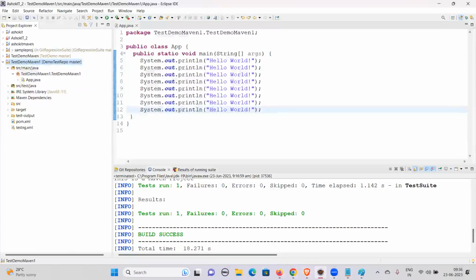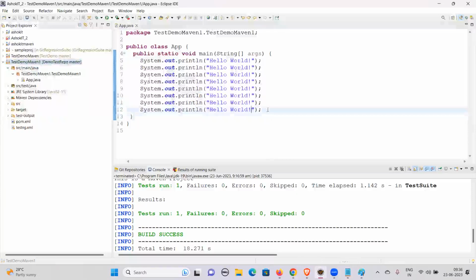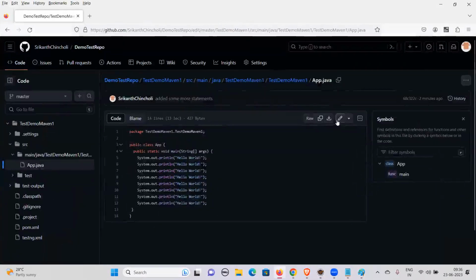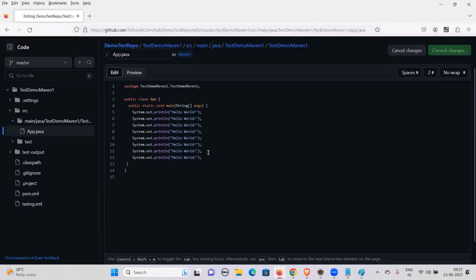Now let us take the person who is sitting in the US. He made some changes and he pushed these changes. I want those changes. For example, here, let us consider he's making some changes. He may be making some changes. He says that